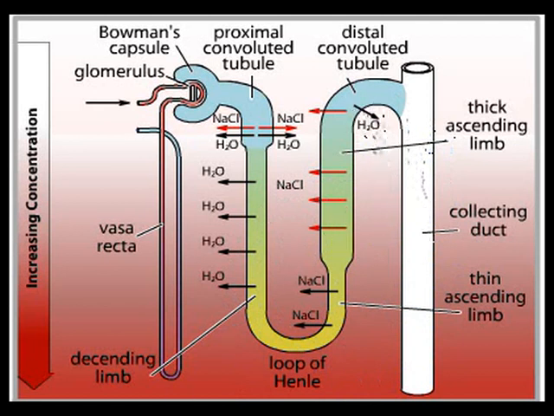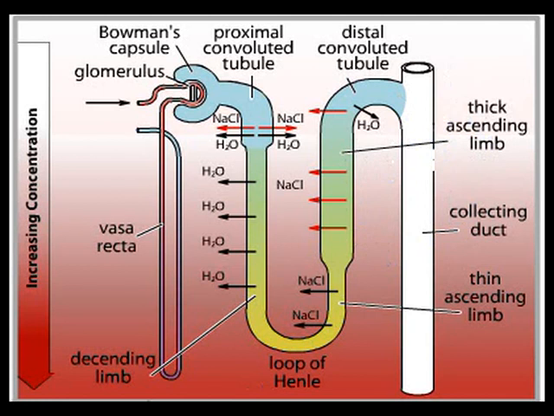Also, the tubule fluid entering the collecting duct is at the same concentration as the blood plasma. By the time it comes here, it will have the same concentration as plasma. However, since sodium and chloride have been moved out of the tubule fluid, urea and other waste products make up for the greater proportion of the osmotic pressure and the solute content of the fluid that is in the collecting